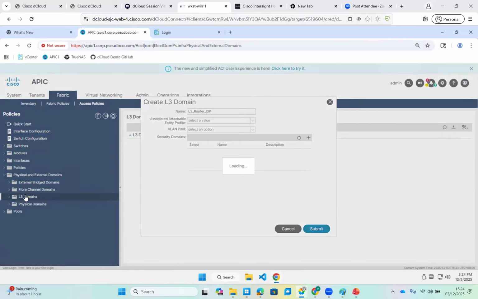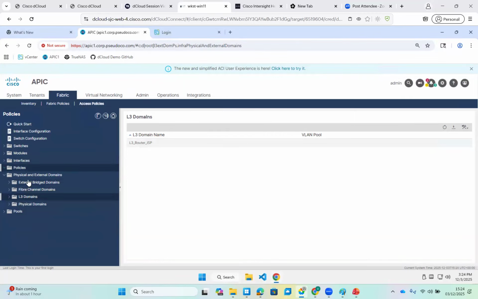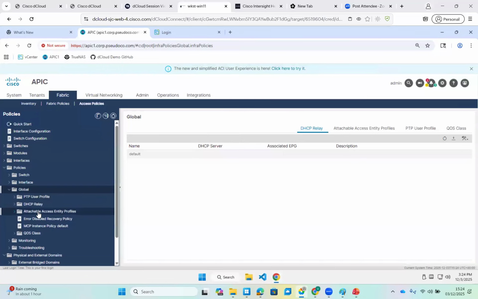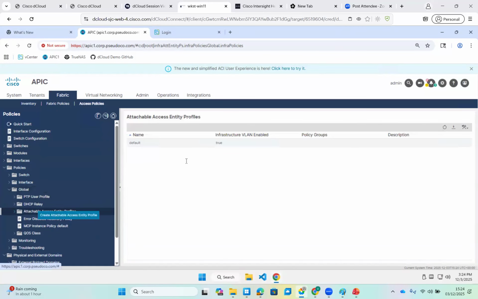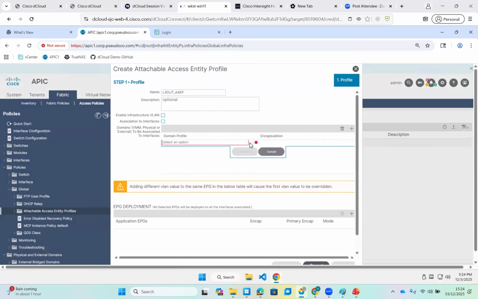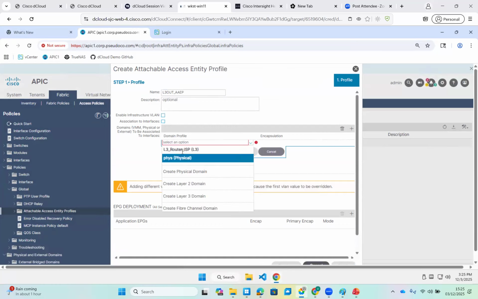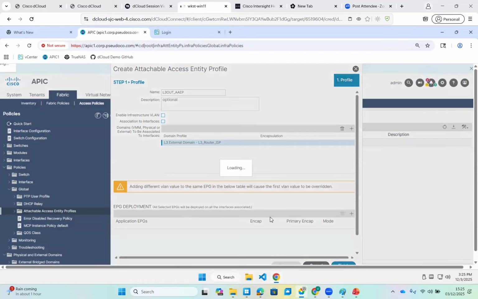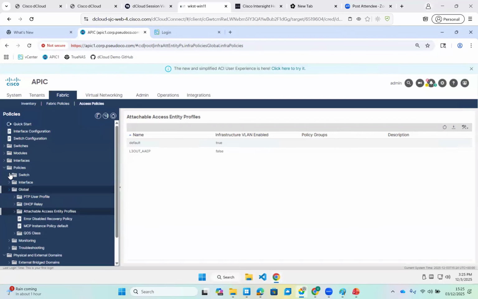Submit it. Then I will create the AAP. If you already have an AAP, go to the AAP and associate this domain. I will create one AAP. Okay, I will say that L3 out AAP. I will uncheck the associate interface for now. I will associate the L3 out, the L3 domain, which I have. Submit. Then I will go to the interface,